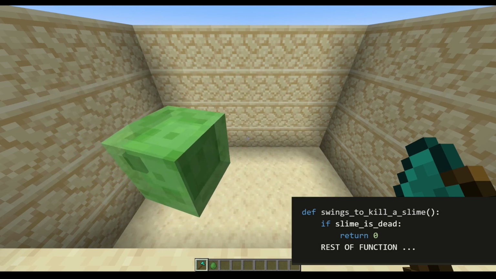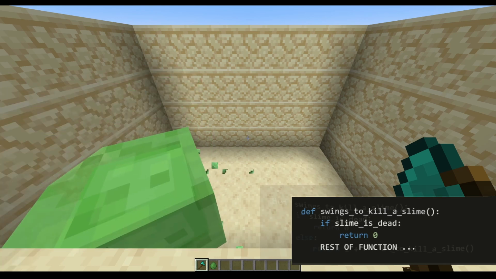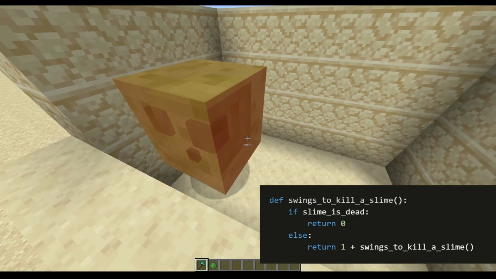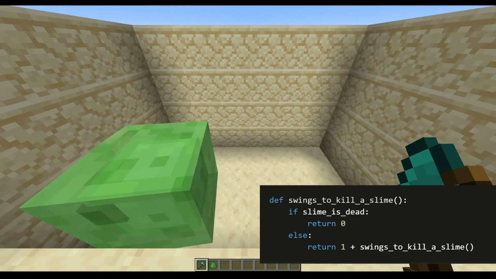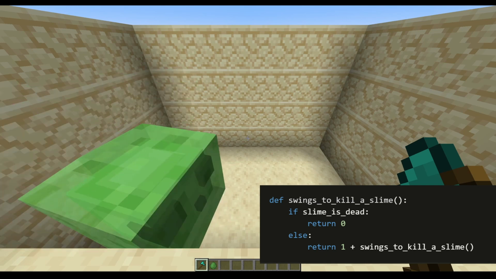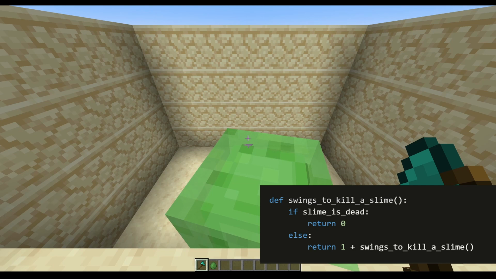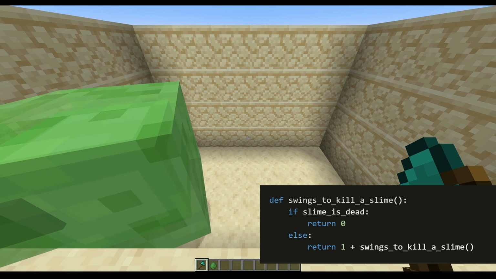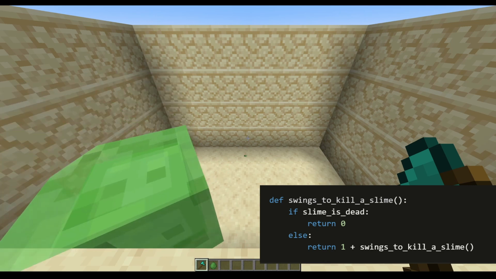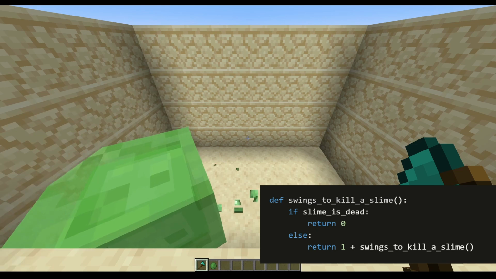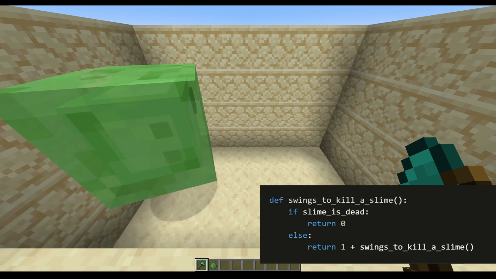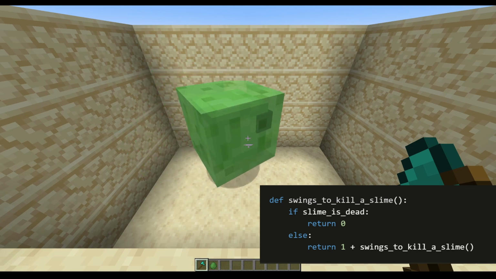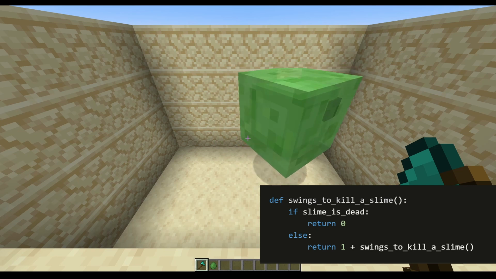And, as you might have guessed, the small, repeatable step is taking a swing at the slime. Let's break down the line we just added to our pseudocode above. The 1 refers to the swing that we just took. Then, after we've taken that swing, we apply the function again. In English, this would translate into, now that I've taken a swing, how many more swings will it take to kill a slime? Eventually, you'll reach the case where the slime is dead, and you'll have your answer. Up until now, this is exactly the same problem as the earlier mentioned, how many steps does it take to